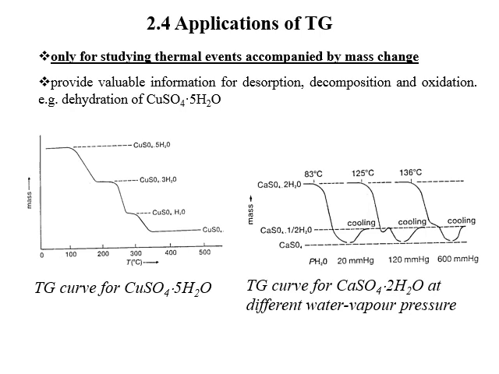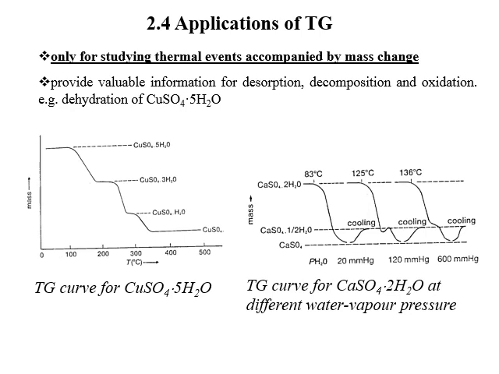Theoretically, you should be able to correlate the mass losses to the calculated or theoretical mass loss based on the chemical formulas of the compounds. The curve on the right is an example of this same reaction under different partial pressures of water vapor. So you can see in the first curve on the left at 20 millimeters of mercury, the onset point of